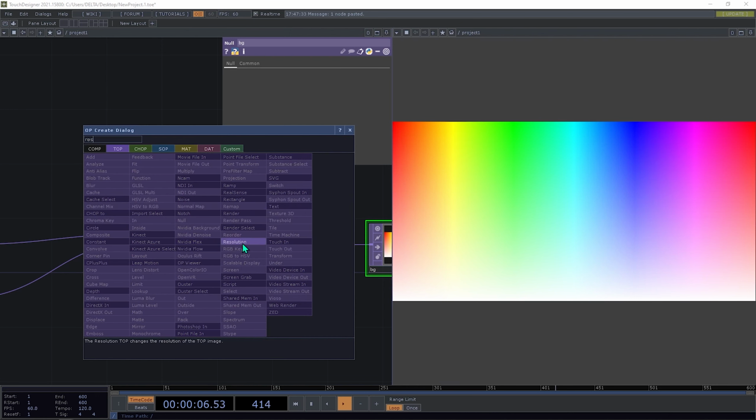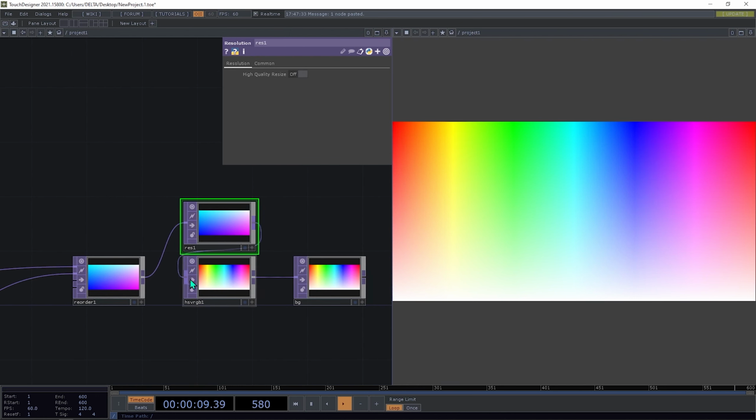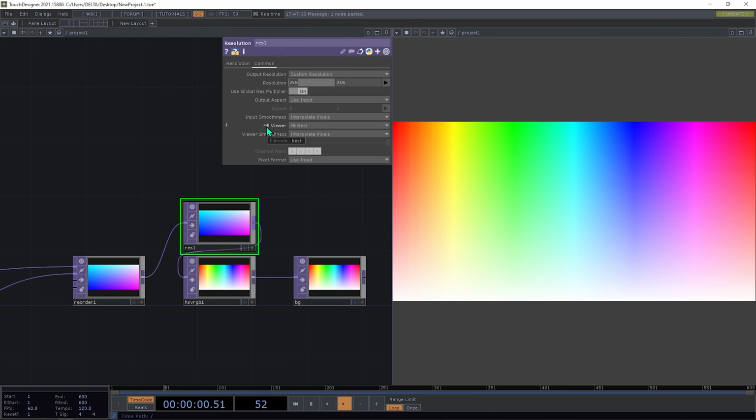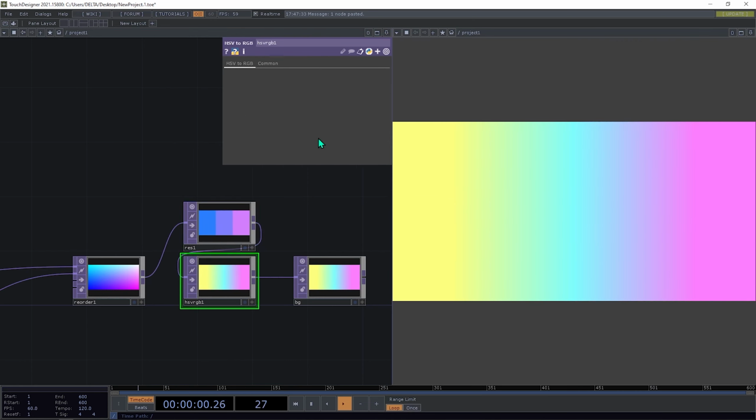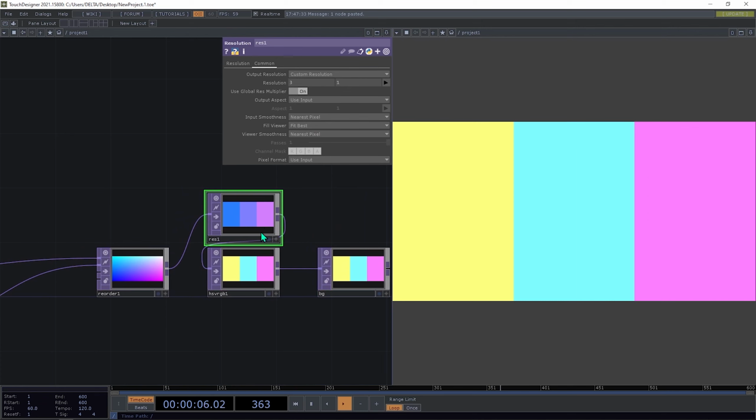So if I attach here a resolution and we change here to custom, okay, you don't need to follow this, it is for explanation. So resolution in X will be 3 and 3 and 1. So if I change here to nearest pixel and here to nearest pixel, you can see that